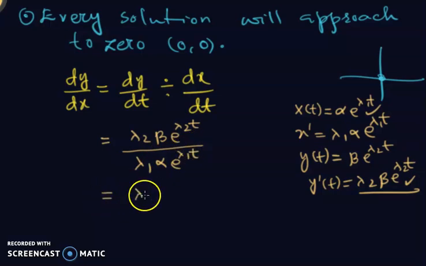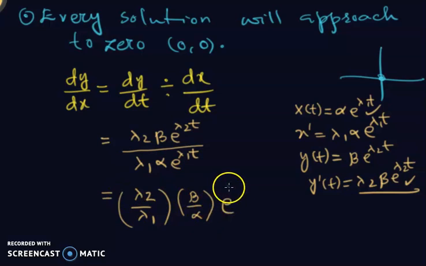Or I can write lambda 2 by lambda 1, and in fact beta over alpha, and then e to the lambda 2 minus lambda 1 times t. Now you can realize that